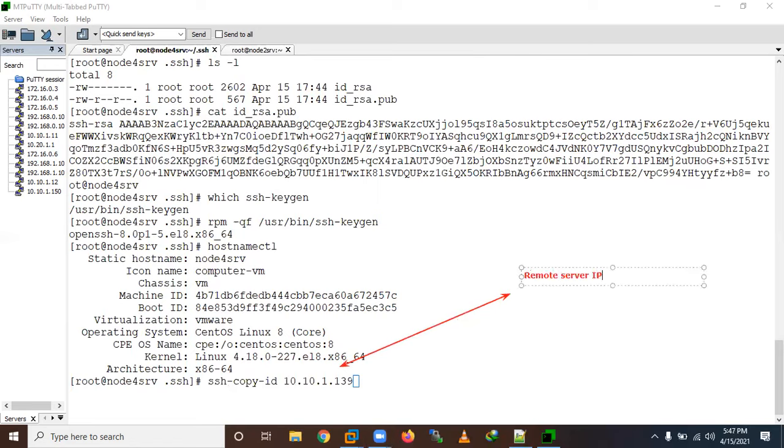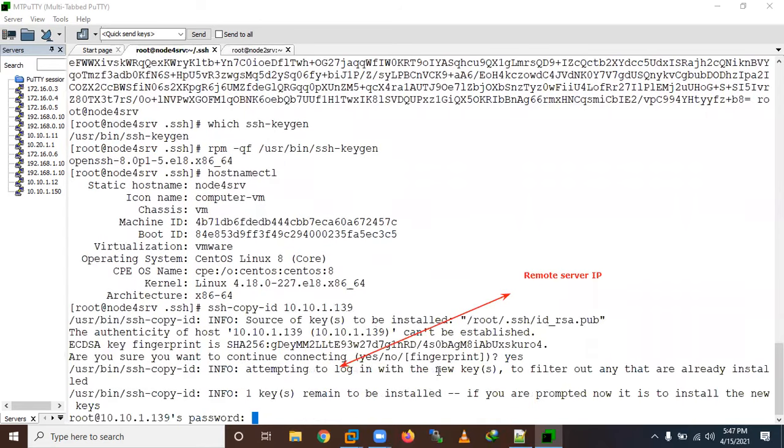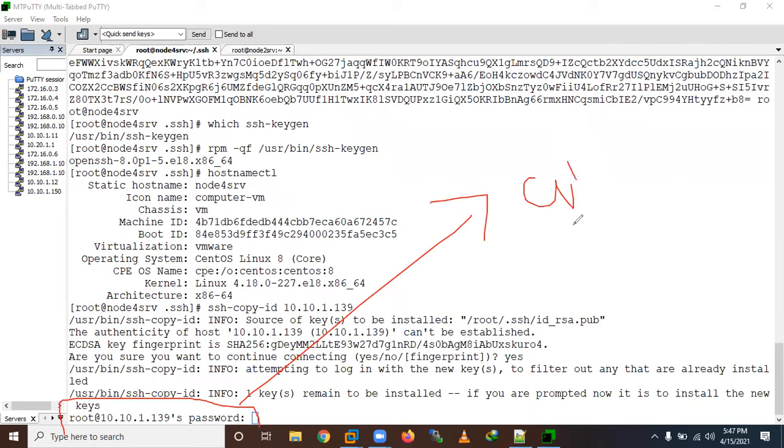Let me run it. Yes. Now it is asking me for a password.